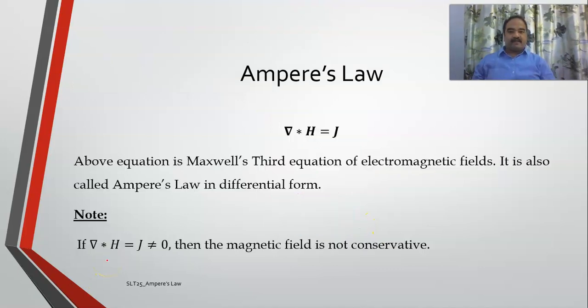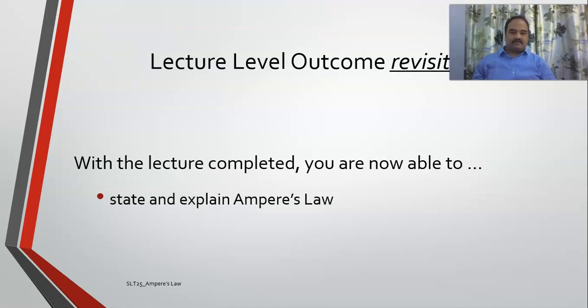Okay, and try to remember, if del cross H is not equal to 0, then the magnetic field is not conservative. Try to remember this point. If del cross H is not equal to 0, then the magnetic field is not conservative. Okay. So I hope now you are able to state Ampere's law. It states that